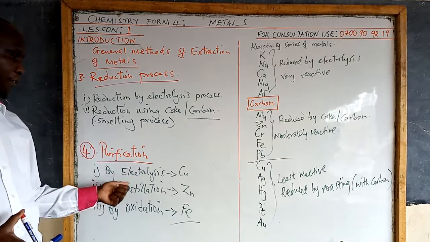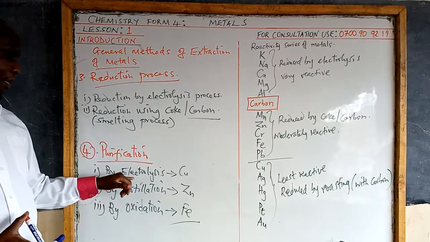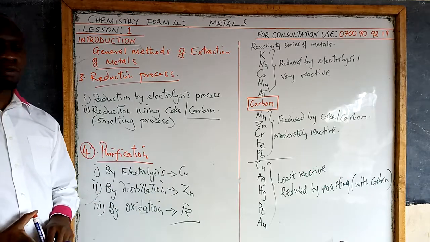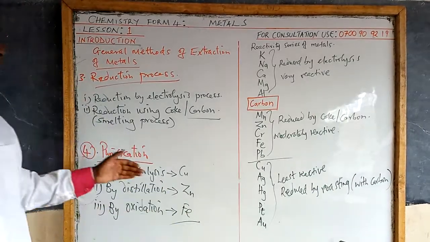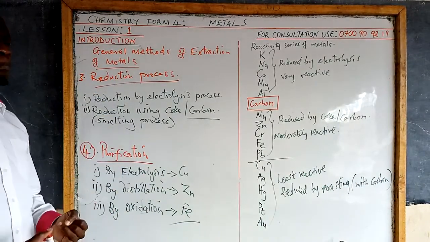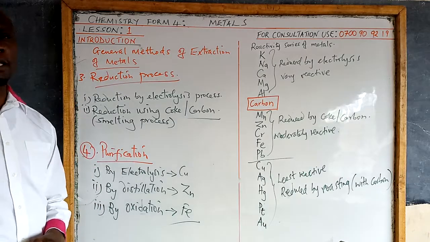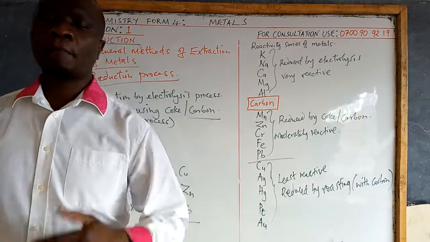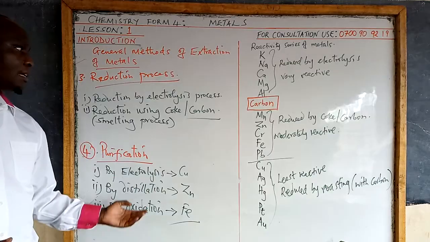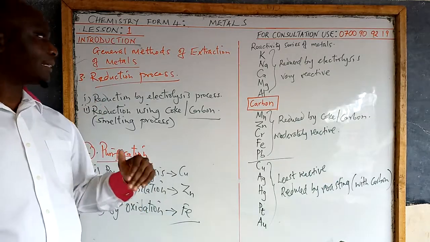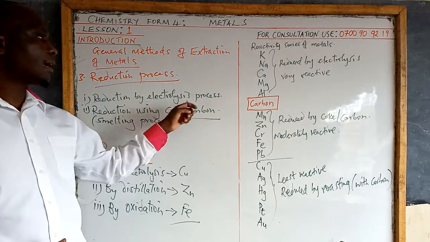I've mentioned purification there, but I will also revisit that point when we look at extraction of copper and its purification. So these are the general steps. Step 1, mining; step 2, concentration; 3, reduction; and 4, purification. Those are the main steps that are followed, but not all metals will follow this process up to here. Some just end much earlier, particularly here, reduction by electrolysis. Most of those that are reduced by